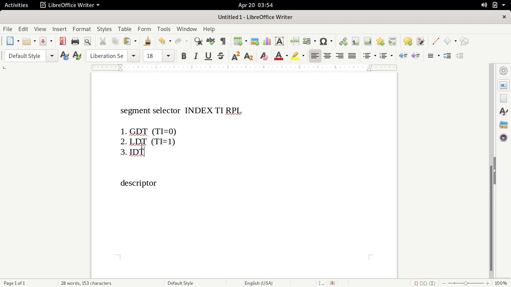So the question is, when is a descriptor present in IDT selected? The name itself indicates it is an interrupt descriptor table. So it is a table of descriptors which are related with interrupts. Whenever any interrupt occurs, one of the descriptors present in IDT should get selected. Are you getting now what is IDT? It is an array of descriptors, and the descriptors present in IDT are selected whenever any interrupt occurs.